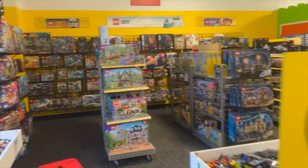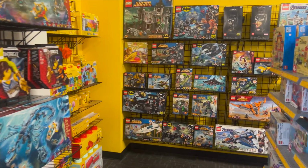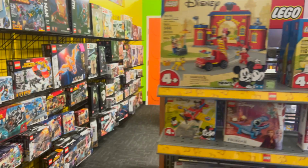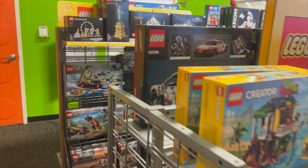They're system parts as well as Bionicles, so really nice to see that, especially if you're like me and really wanted to dig through the Bionicle pieces in particular. Of course, moving on, there are some older sets on these shelves here, but most of these are the boxed modern sets. But of course, there are a lot more treasures to be found, especially as we move deeper and